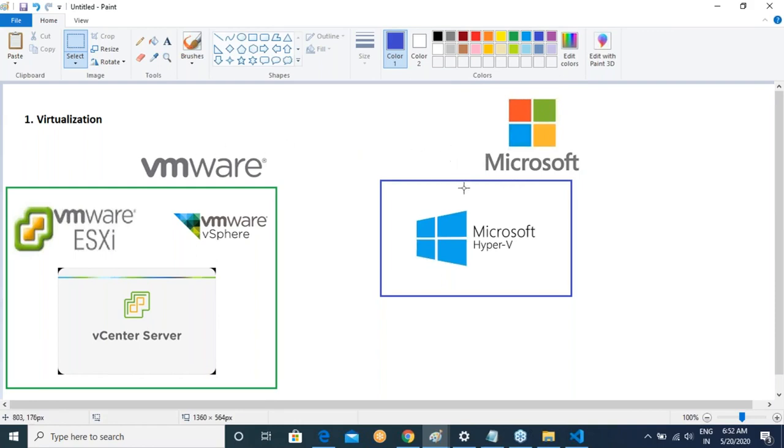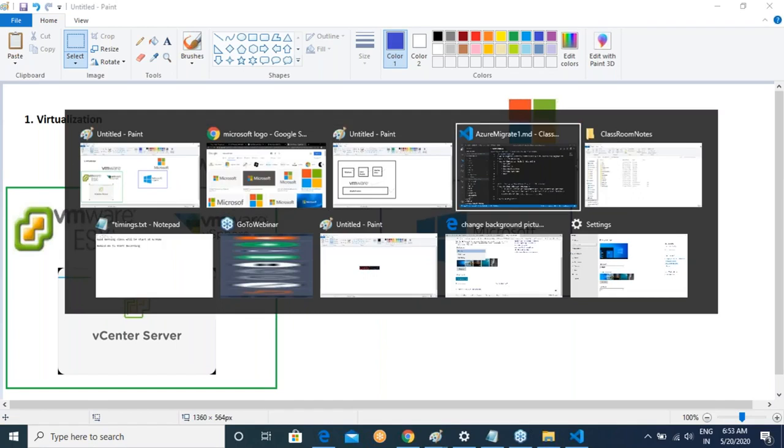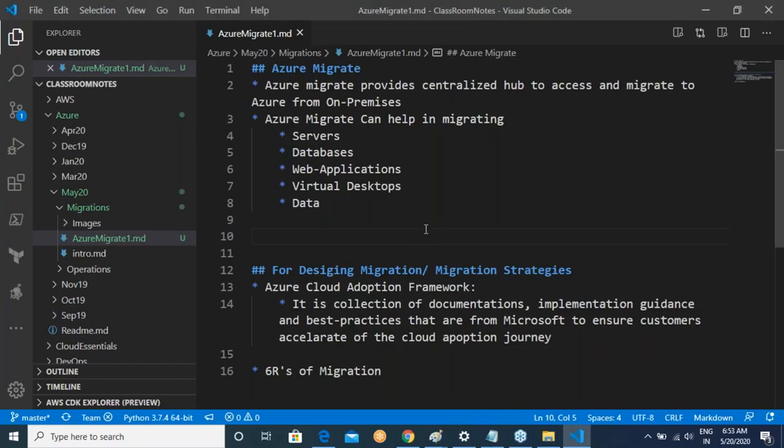We also have, when it comes to migrations, we can also speak about physical migrations. But when it comes to virtualization, that is server virtualization, Microsoft Azure Migrate supports migration from two environments. One is VMware. The other one is Microsoft Hyper-V. So, for example, if you say that I am not doing this, we do something else, then the solution might not be this. We have to look out for the other solutions, right? So now Azure Migrate.